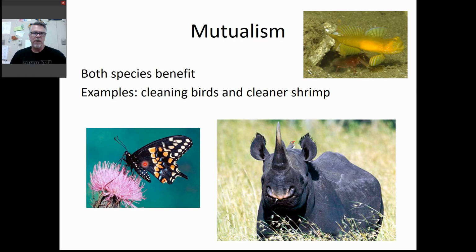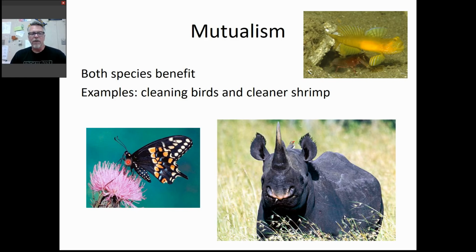Another example is our butterfly. So what does the butterfly get from a relationship with a flower? Well, the butterfly gets food, right? It gets nectar from the flower to survive. And what does the flower get? Well, when the butterfly lands on the flower, the pollen from the flower will stick to the butterfly's legs,